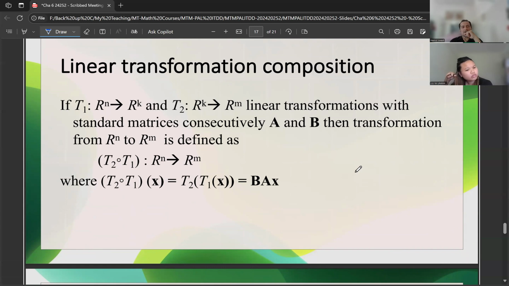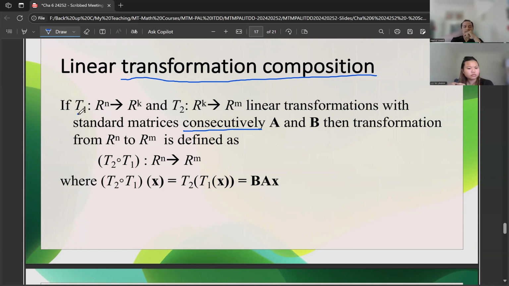Okay, now after we know the standard matrix of the linear operators, at least we have four linear operators: contraction and expansion, then reflection and projection, and the last rotation. Okay, now we will go to composition. Jadi kita melakukan lebih dari satu operasi. We do some consecutive operators, so we do more than one operator at the same time.